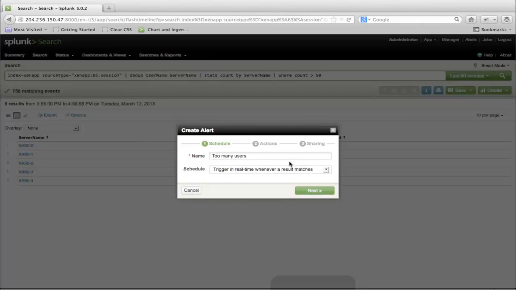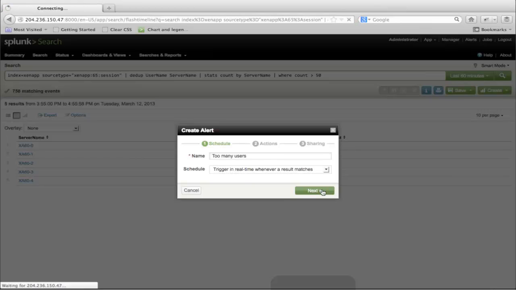And we have these options on when to trigger this alert. So Splunk can look for this in real time. Whenever it sees this, it'll let you know. Or if I had some other kind of alert that I just wanted to run on a scheduled basis, either every hour, every day, something like that, I can do that. Or monitoring a real-time window. So if it spikes within this real-time window, let me know. Otherwise, don't worry about it. So we have some options there on when to send this alert. But I'll just say whenever it happens, let me know.